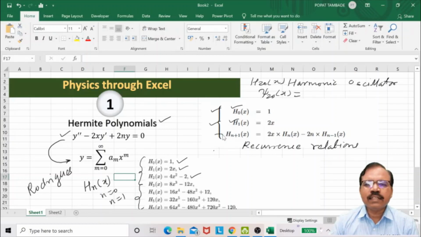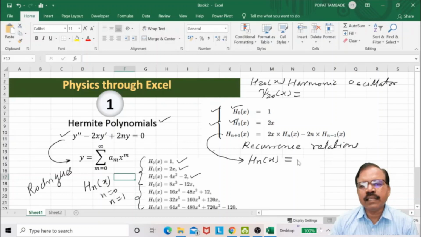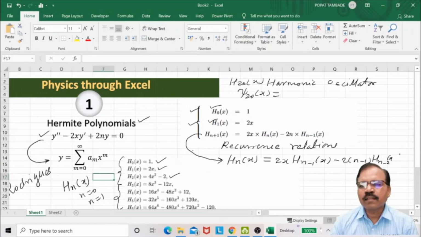Now I can convert this into H_n(x) is equal to 2x into H_{n-1}(x) minus 2(n-1) into H_{n-2}(x). So in this way you can change. Here n is replaced by n minus 1.